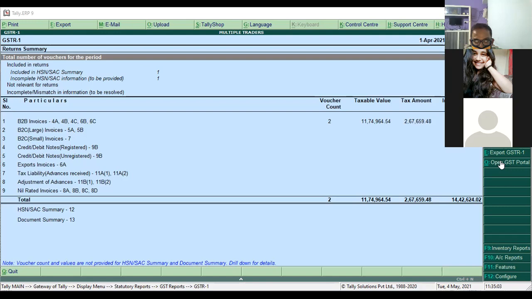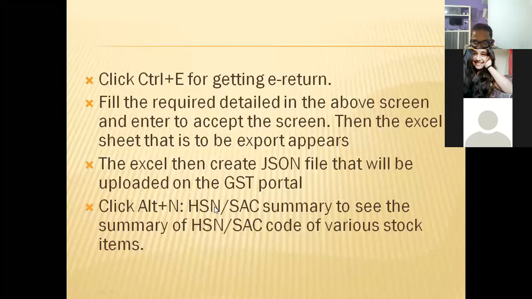Okay, log in. You have to file the GSTR1 report here. So I think this is not the correct username or password. So this is the way to export your GSTR return here. You can see the HSN code.